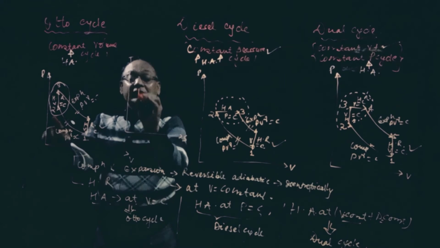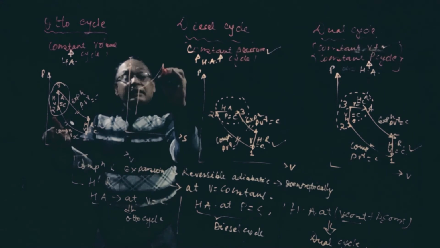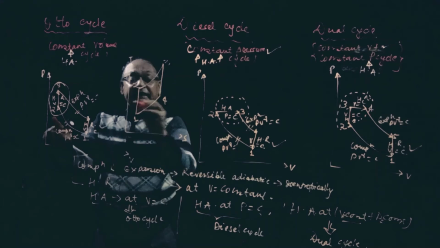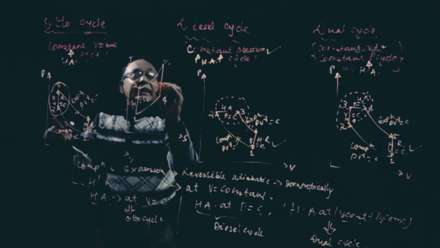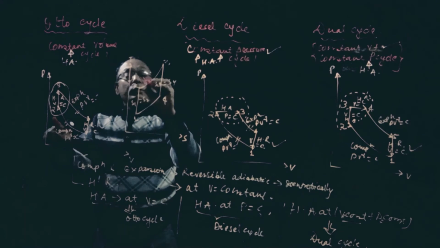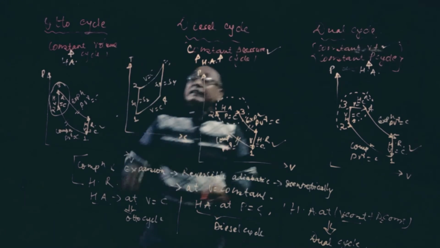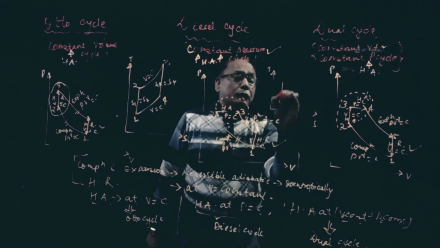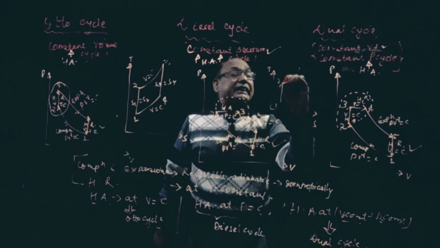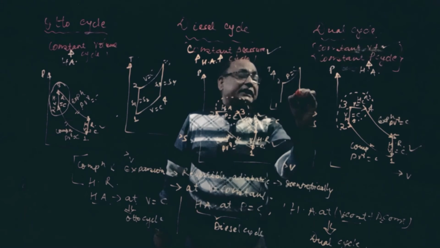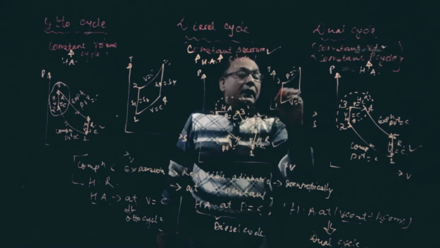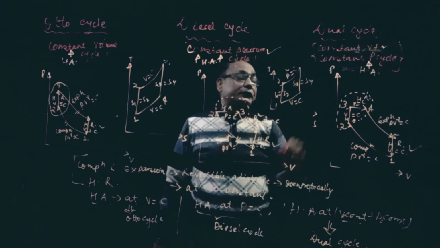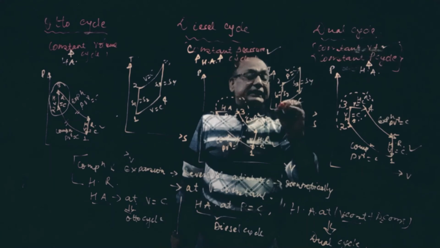See, 1 to 2 like this, constant volume like this. So 1 to 2, 3 to 4, here entropy is constant, S1 is equal to S2, S3 is equal to S4, and this is constant volume and this is also constant volume. That is the TS diagram of the Otto cycle. As far as the diesel cycle is concerned, in the TS diagram, here also 1 to 2 is the same, constant pressure is like this. Then expansion is isentropic, this is constant volume. So here S1 is equal to S2, S3 is equal to S4. This is heat addition at constant pressure and this is heat rejection at constant volume.